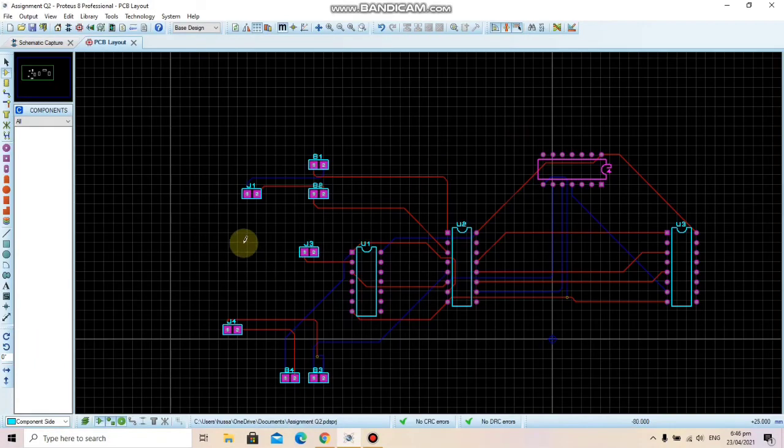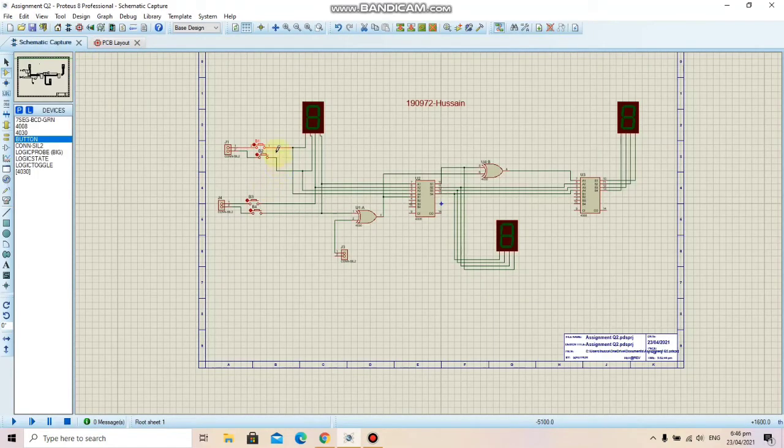Now for the PCB layout of this design, I went to the PCB layout, placed all my components here, and routed it. We have to make some changes in the schematic for the PCB layout. First of all, we have to replace the logic states that we used with push buttons and connectors.